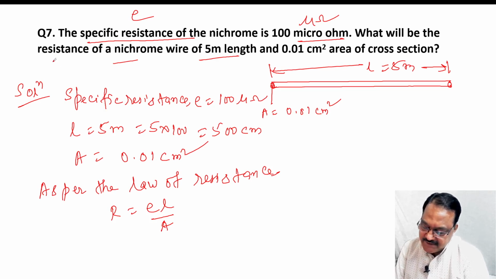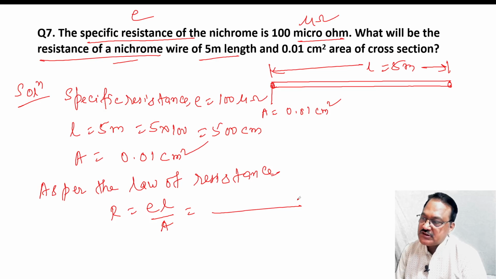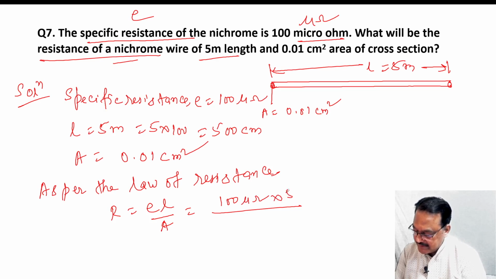What will be the resistance of nichrome? R directly asking for the resistance value. Then directly we can put the value. Rho value is already given. How much? Rho is 100. See, it is already given in micro ohm. We have to remember here micro ohm. Okay, L 500